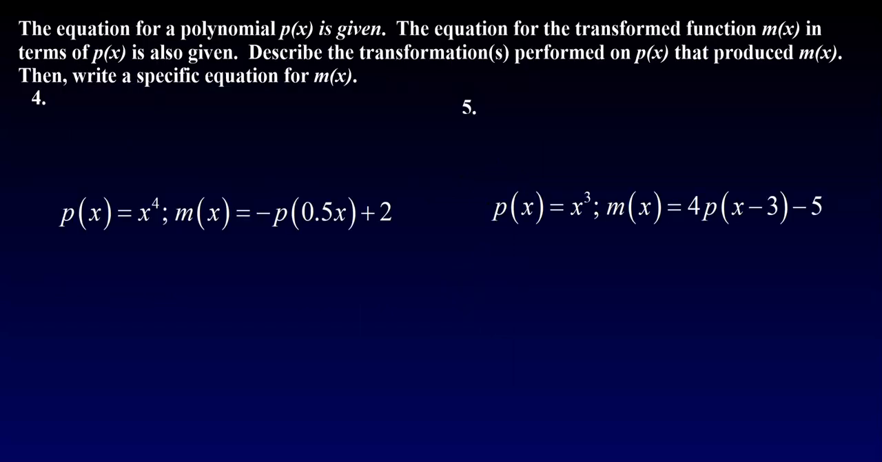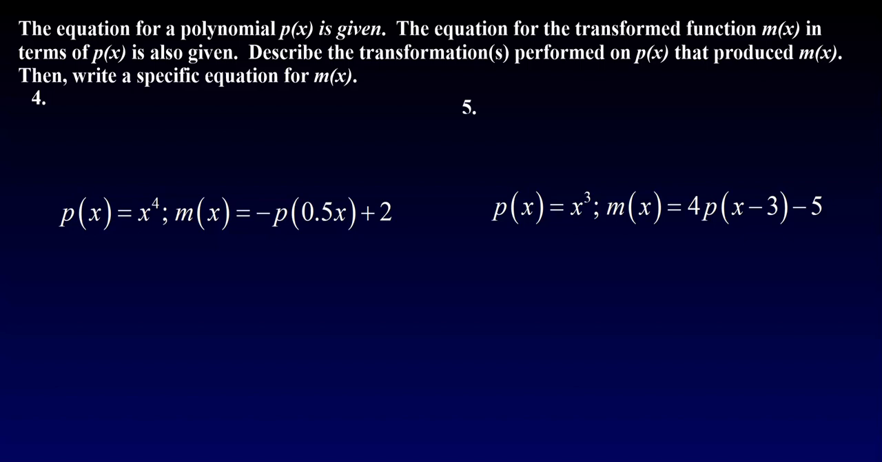The equation for the polynomial p of x is given. The equation for the transformed function m of x in terms of p of x is also given. Describe the transformations performed on p of x that produce m of x. Then write a specific equation for m of x. Alright, so